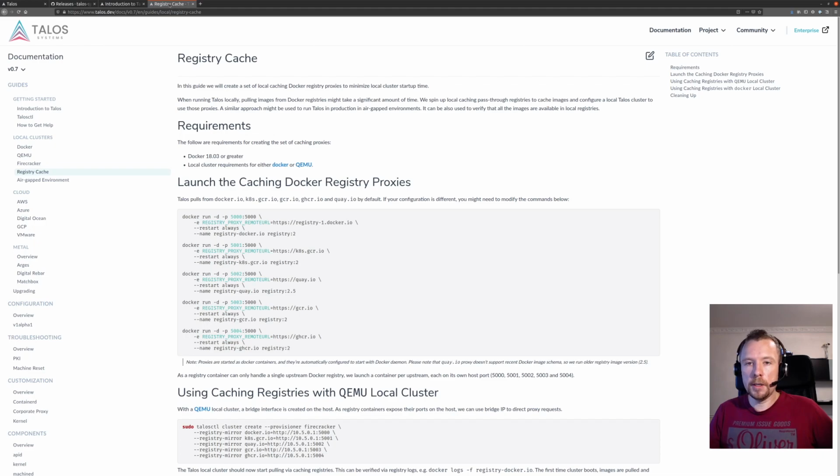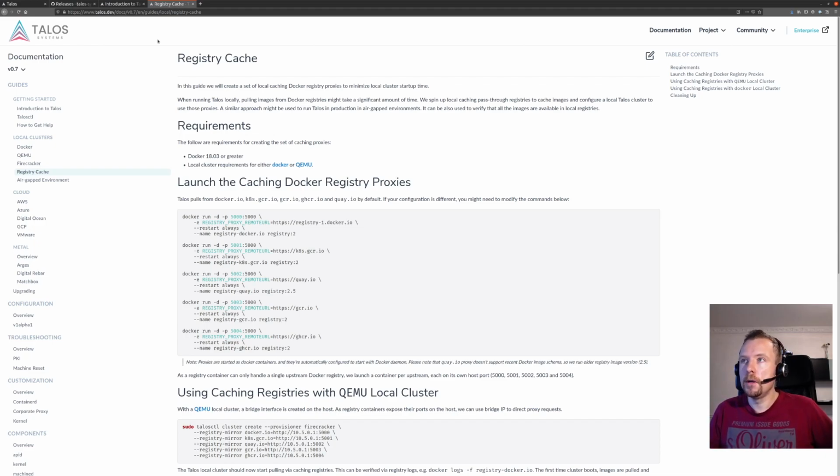So we'll basically have four nodes running, and all four of them, as they run in VMs, are going to pull those images independently, which is going to put a lot of stress on your upstream internet connection. So to lower these bandwidth requirements and also to speed up the deployment, we can use the